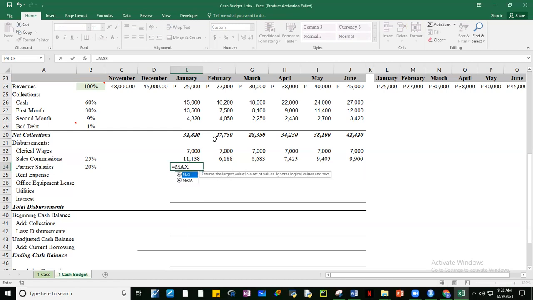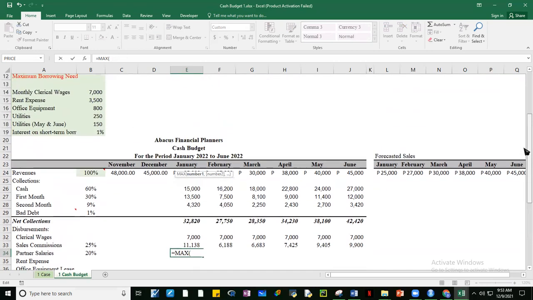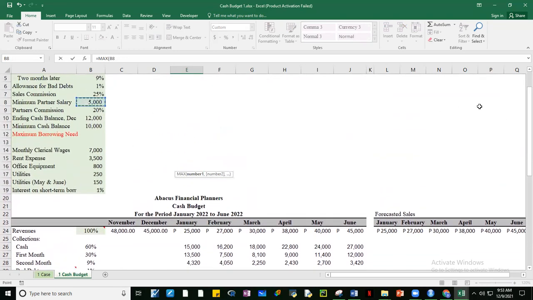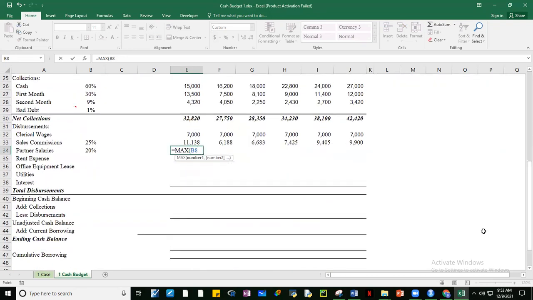Maximum. Ano bang ginagawa ng max? Returns the largest value in a set of values. Ignores logical values and text. So si max, guys, ibibigay sa atin, kung magbigay tayo ng different values, kunyari 5, 10, 20. Siyempre, ano yung maximum dyan? Siyempre 20, no? Okay, but instead of values, we're going to give formulas, no? So it's either maximum ng 5,000, ito yun, di ba? Maximum partner salary. 5,000, and then we fix, kakopy natin to the right, or